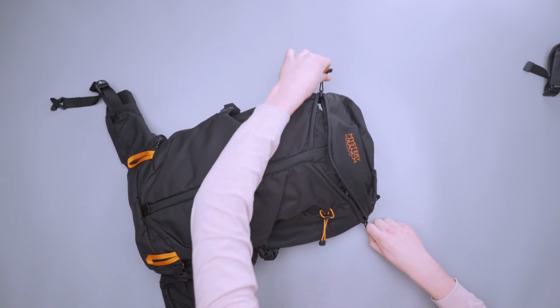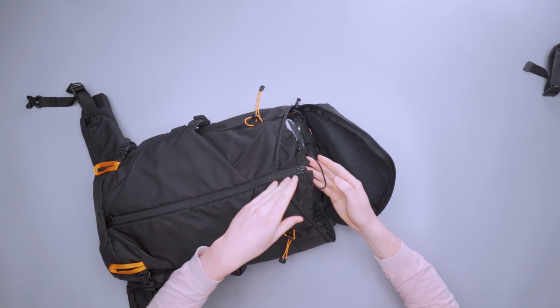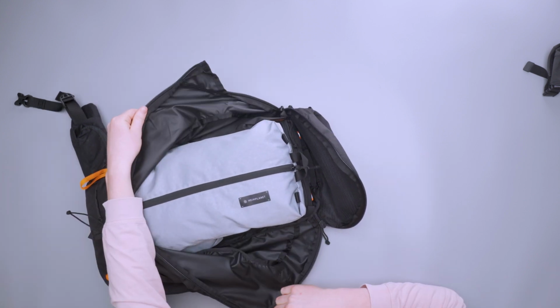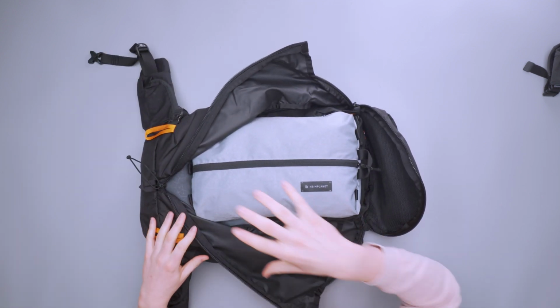So you've got these two zippers up here, and you can just open up this lid and access the gear like that. And then you've also got this zipper that runs all the way down the bottom that you just kind of pop open like that. And then you have access to everything, and you can really get into the nitty gritty of packing and grabbing